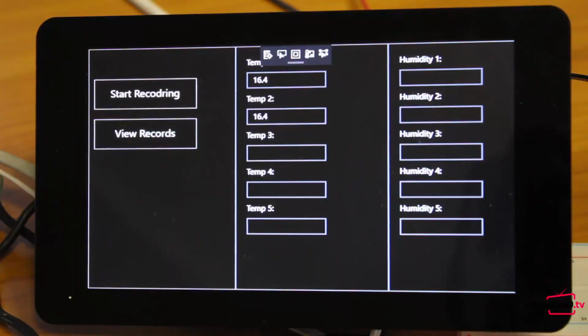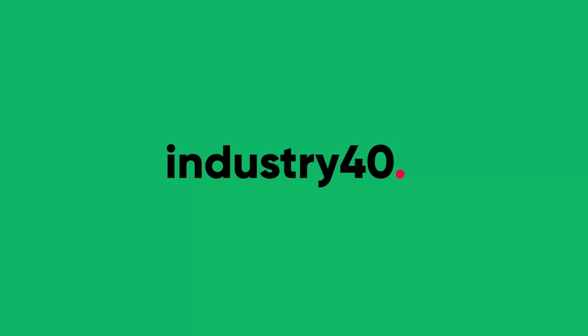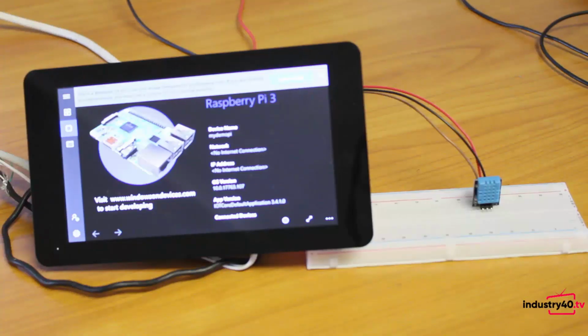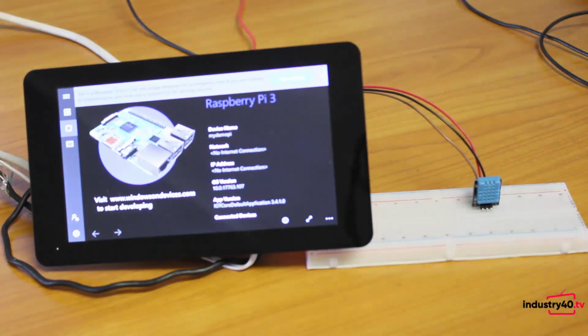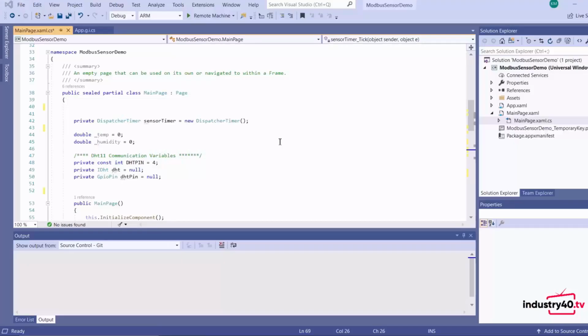In this video, I'm going to show you how to store data on a gateway device such as a Raspberry Pi using Windows IoT and SQLite database. Okay, so this is the hardware setup that I have here, where my Raspberry Pi at the back of this display is connected to this DHT11 temperature and humidity sensor. So we're going to be reading the data from that sensor and storing it on a SQLite database.